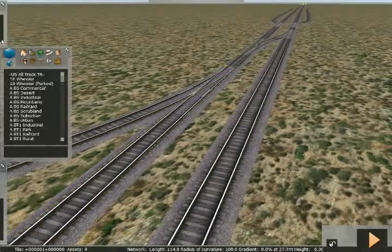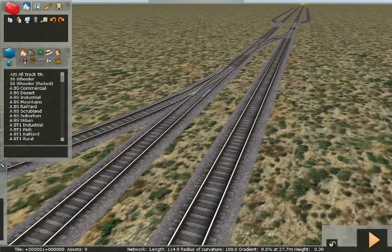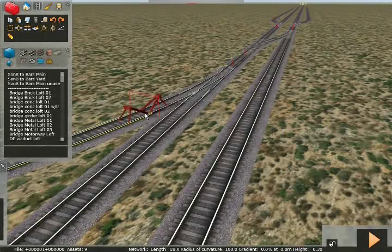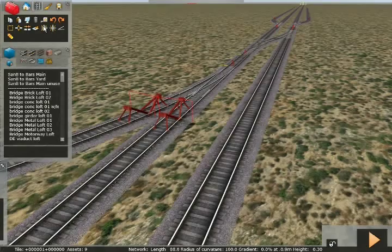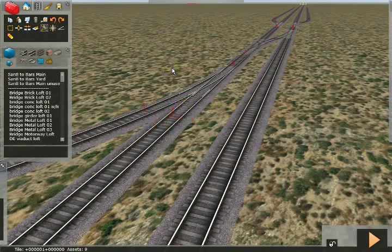So I'm going to split and weld these junctions by using the split and weld tool. I'm going to split the junction right there, and I'm going to split this side, and then I'm going to weld those two together. So now my junction is going to be a totally separate entity from any other track ribbon or pieces of